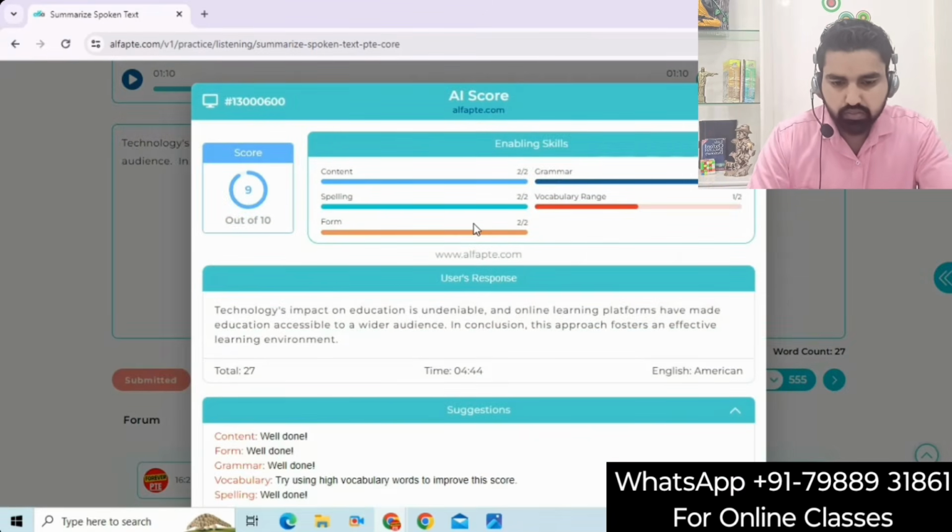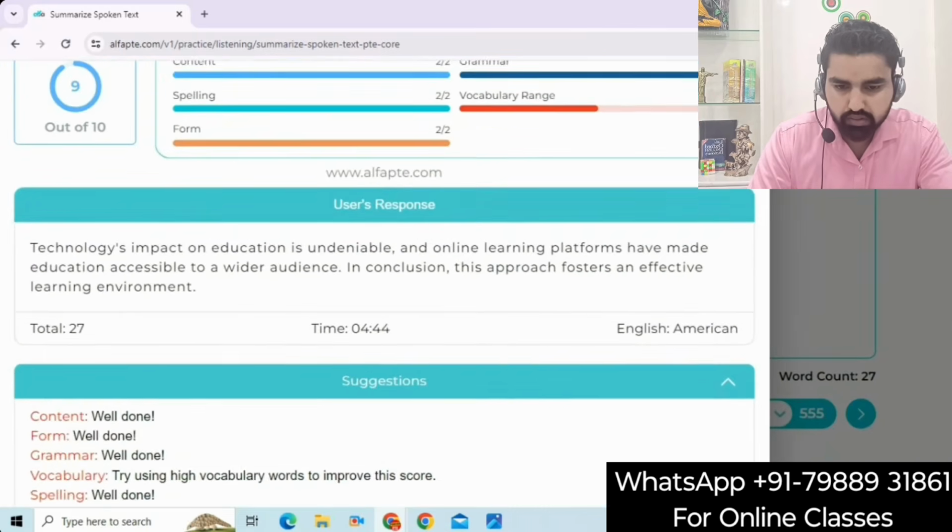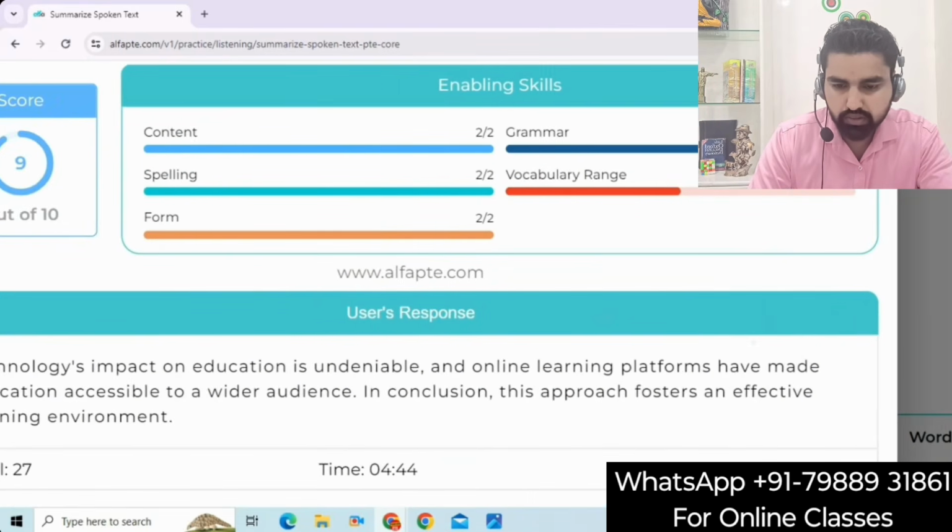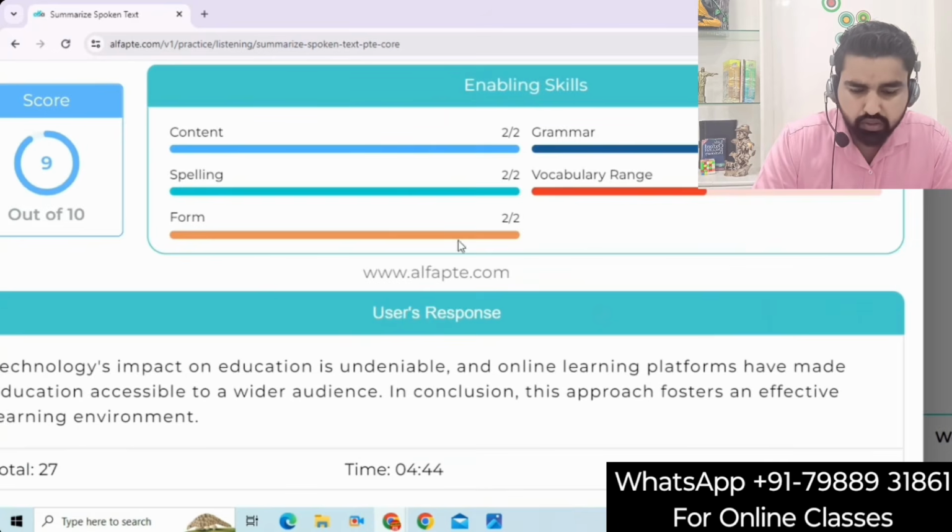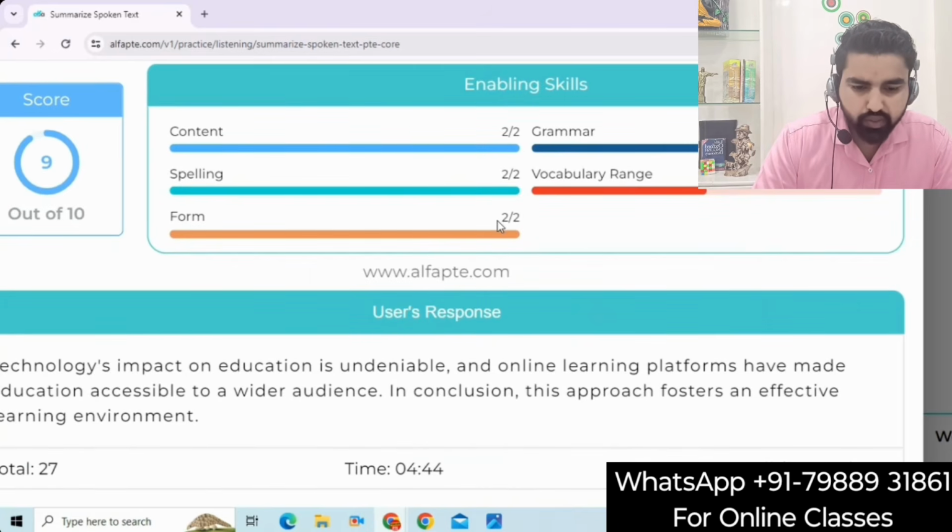Okay, perfect. So I have scored 2 by 2 in content. In spelling, I got 2 by 2. Form basically means whether or not I have written words between 20 to 30. If you're writing less than 20 words, 1 mark will be deducted from here, and the same thing if you're writing more than 30 words. Grammar is fine. Vocabulary range, they have given me 1 mark out of 2,